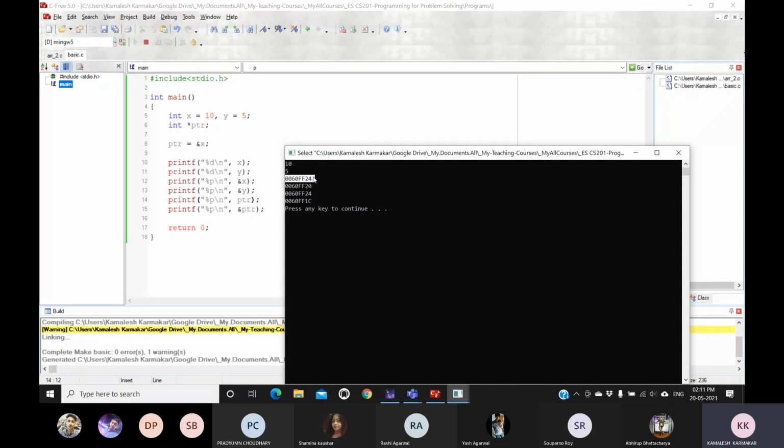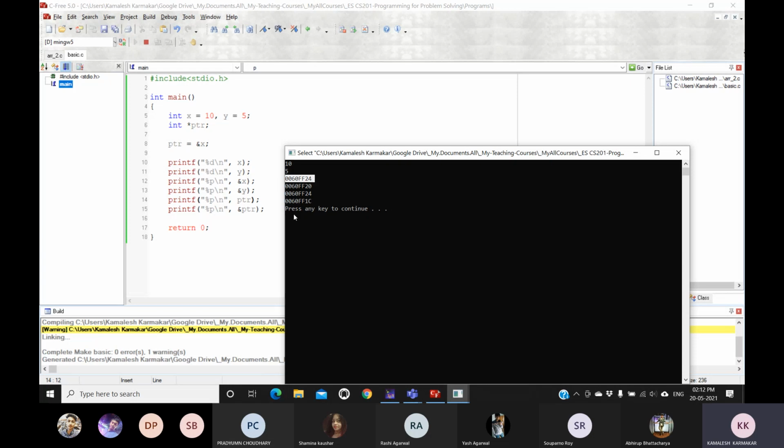So using a pointer variable, we can hold the address of another variable. But the data type should be similar. As the pointer is declared as integer, it can hold the address of an integer variable only. It cannot be assigned the address of some other data type.